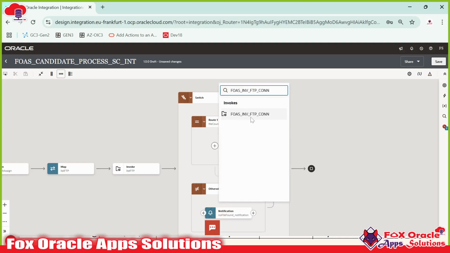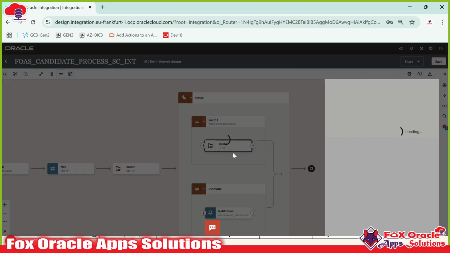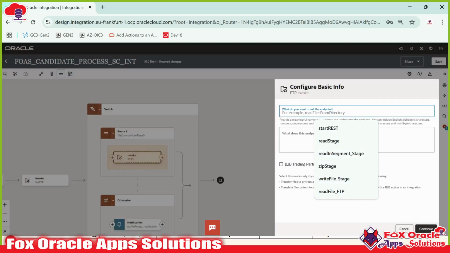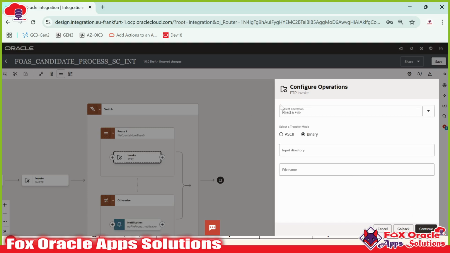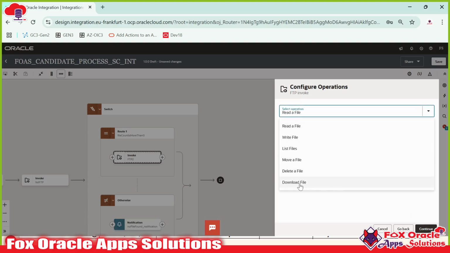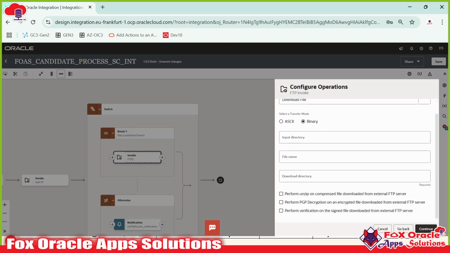So we'll use the same connection, FTP con, and I will give the name, as I'm going to download the file, download file FTP. Continue, and here we have to select the operation as download. Selected the operation as download, we have to give the input directory from where we have to download, the file name, what file name we have to download, and where we have to download. So this is the OIC virtual directory, so I will give the directory as temp,